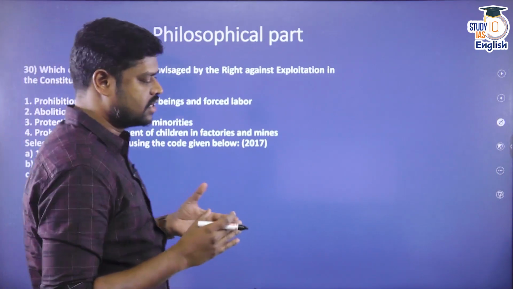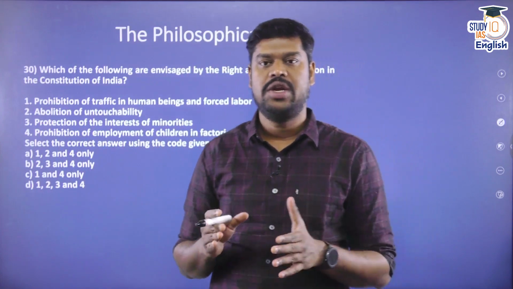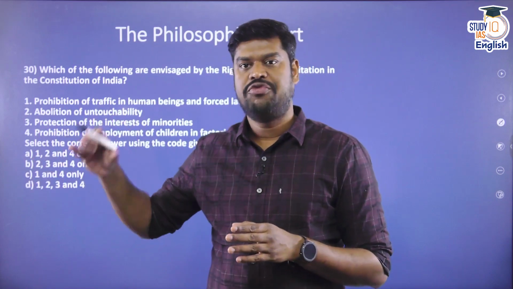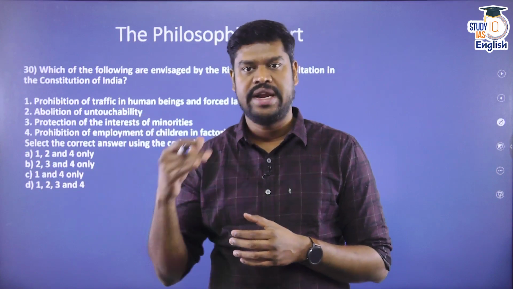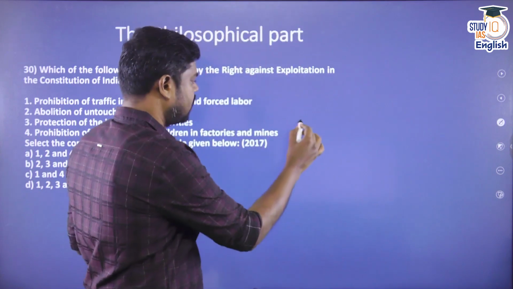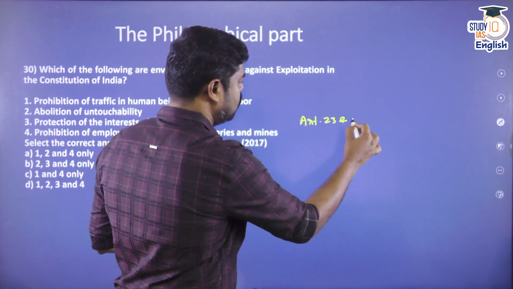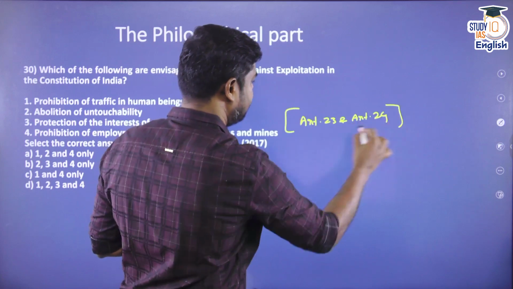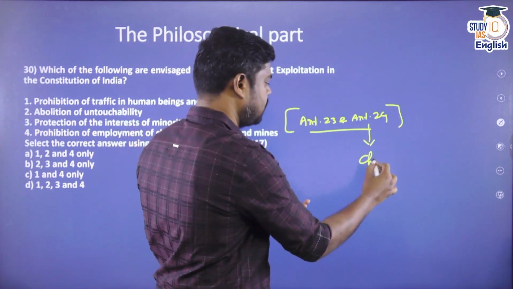We have already discussed that there are 6 themes of fundamental rights, starting from the right to equality from Article 14 to 18, and then the right to freedom under Article 19 to 22. Then we have the right against exploitation, that is under Article 23 and Article 24. So what do Article 23 and Article 24 talk about? The right against exploitation, which talks about human trafficking, begar and all those things, and also against child labor. So this is the prohibition of child labor.